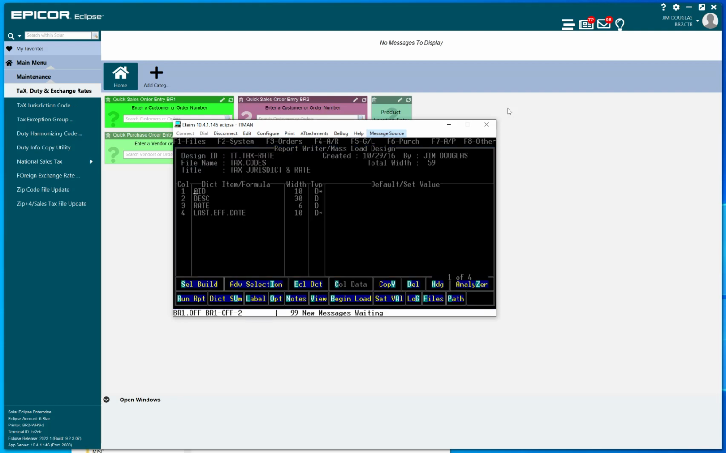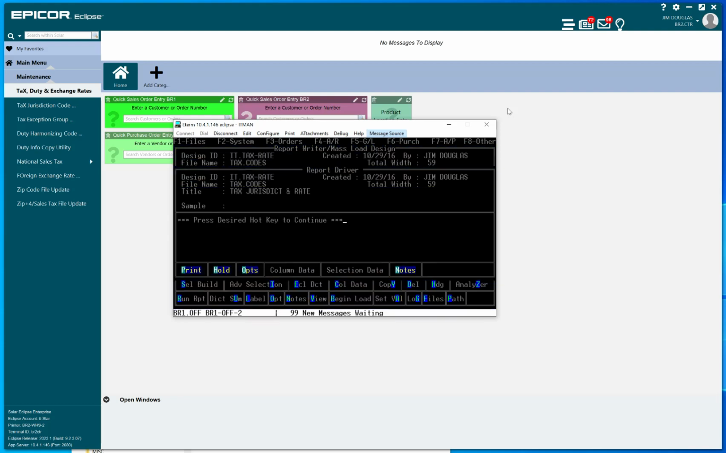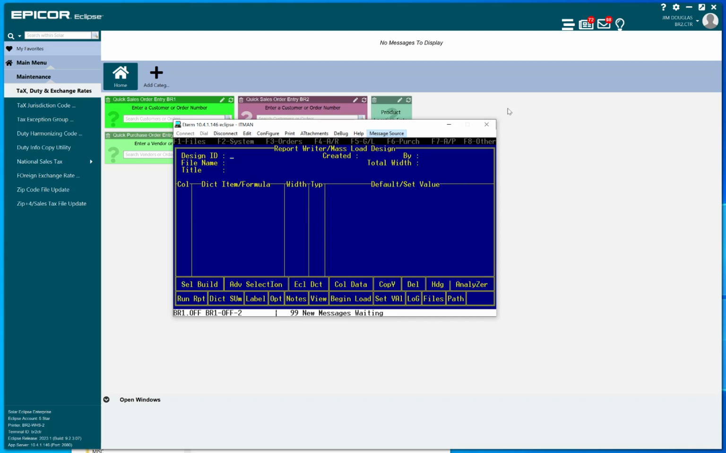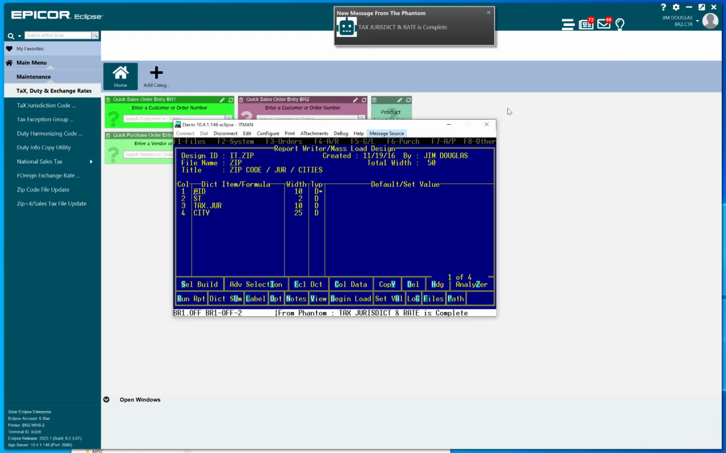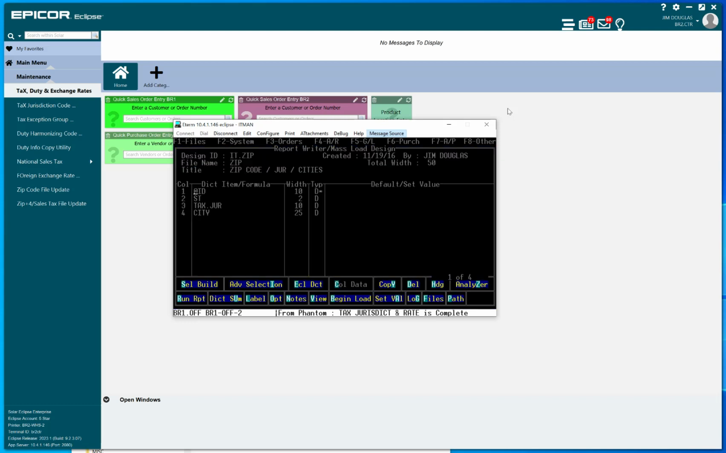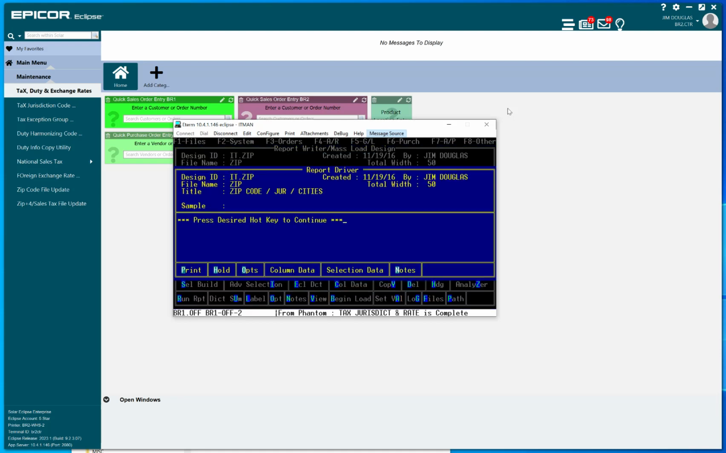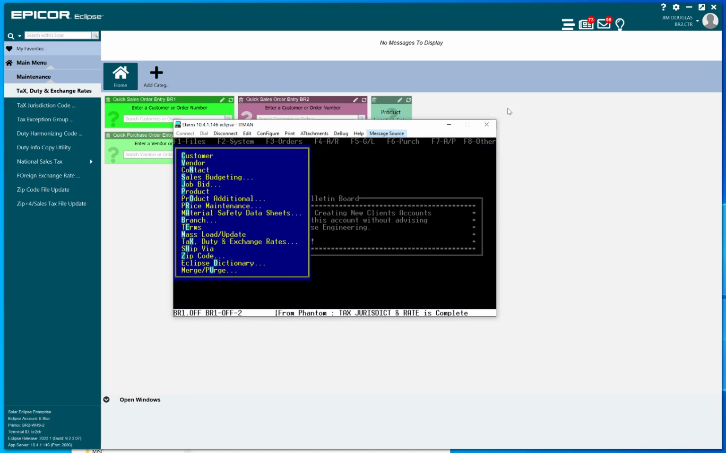So we go ahead and we run the reports and send them to our hold file, and then we do the same thing with the zip code. As you can see, these reports are dead simple. You should be able to duplicate this in your system in a few seconds. There are actually some videos I've done on how to create report writer mass load reports, and these are about as simple as they get. What you get with the information out the other end, well, that's another issue. Anyway, so we go ahead and hold that one,